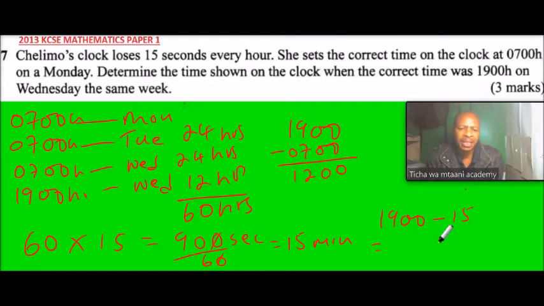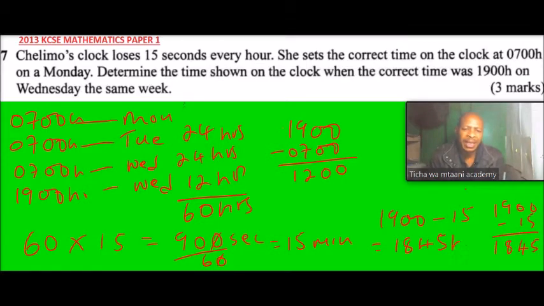It means this will give us 1845. That is 1900, you minus 15. This is 5, because we are dealing with hours. We borrow 1 here, this will be 60. 60 minus 15, we get 45. Here we are left with 5. So we subtract 1, we get 4, 18, and there we get